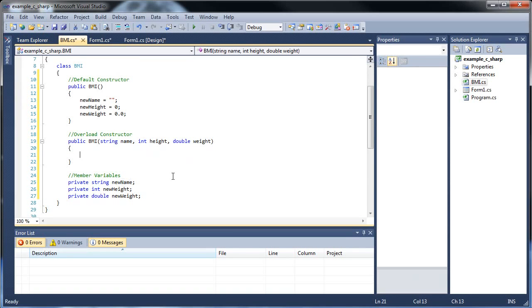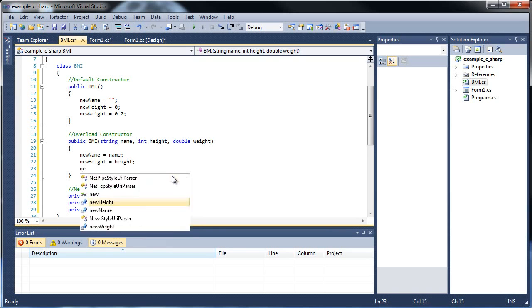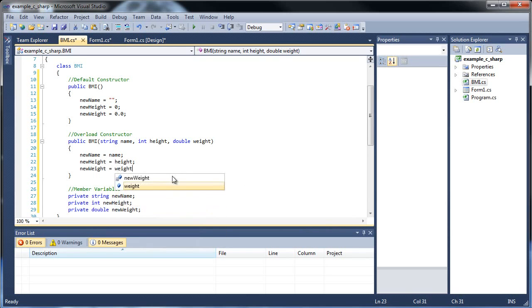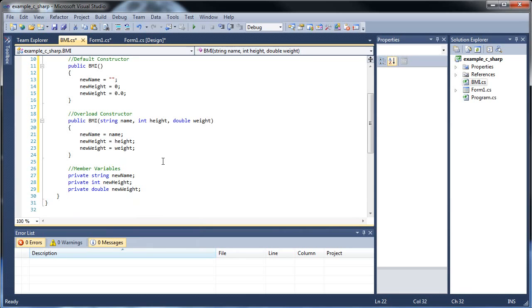So we'll put new name equal to name, then new height equal to height, and new weight equal to weight. There we go. And the reason why you might be wondering why we're doing this is this is where encapsulation